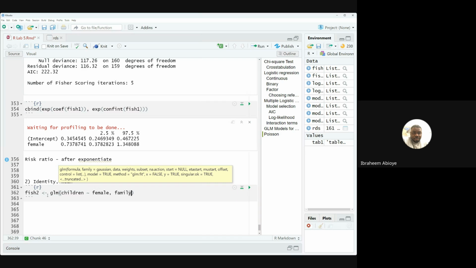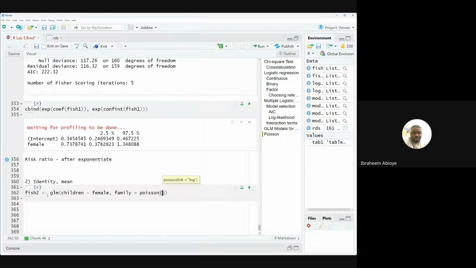The family here is Poisson, and here we can have a link that is identity, or we can have a link that's log. If we have a link that is identity, what we're saying is that the mean